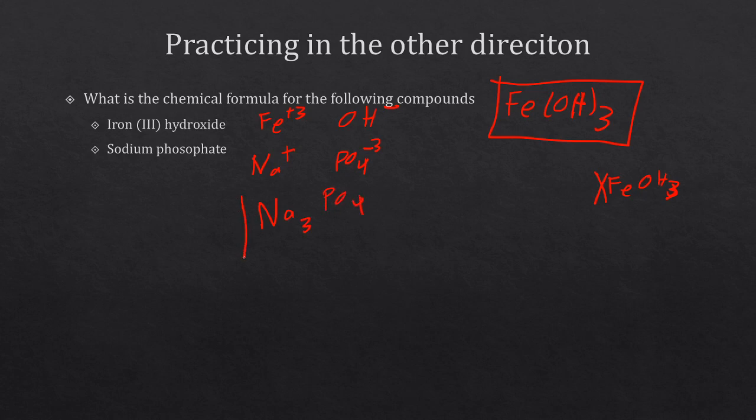Since there's only 1 phosphate, no need to put parentheses around it. So that's how we deal with the polyatomic ions. We have one more adjustment we can make, because sometimes we will have water molecules associated with our compounds, and